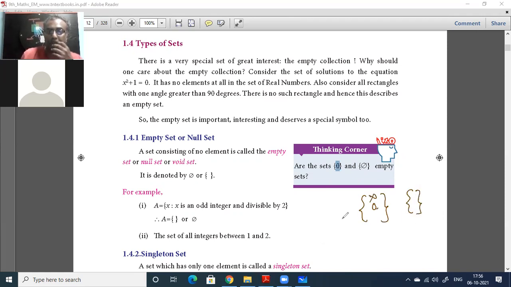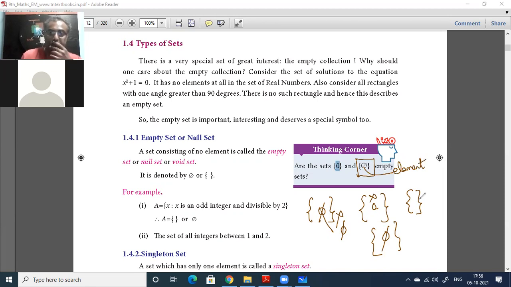Same way, this is also not an empty set. You have one element, the element is 5. So this is also not an empty set. Empty set means you should represent it directly. You should not put it in brackets. So be very careful. This has got one element. Only this is an empty set, or directly you must write it like that. If you write that and put brackets surrounding it, it is not an empty set. Very important.